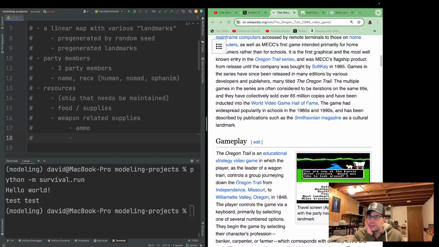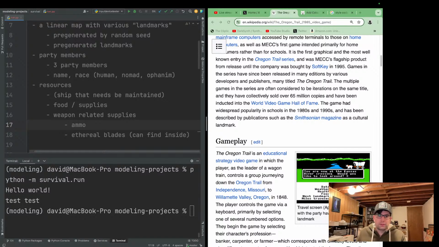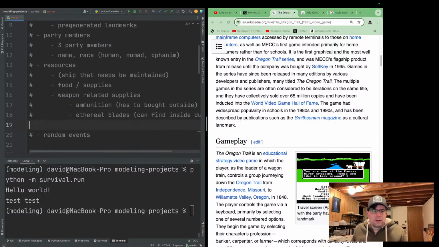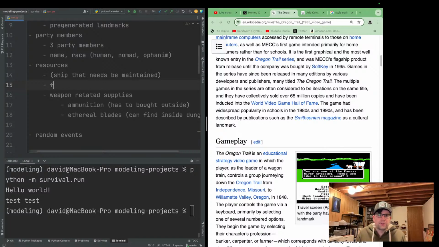So we could just call it ethereal blades. And these we can definitely find inside the dungeon. Ammunition has to be bought outside. And we could call this provisions.